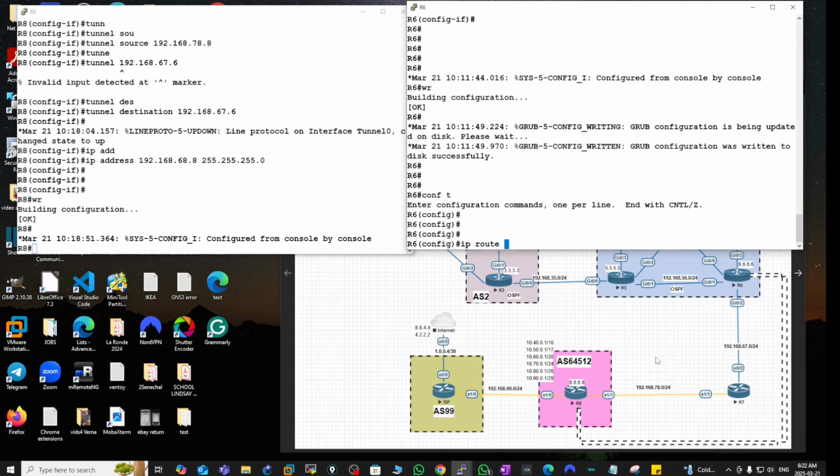Okay, that's why we are creating a static route at this point. We just want to make sure that the loopback interfaces of router 8 and router 6 are able to see each other, so that we can define them in our BGP routing. So that's why here on router 6, I'm going to say IP route